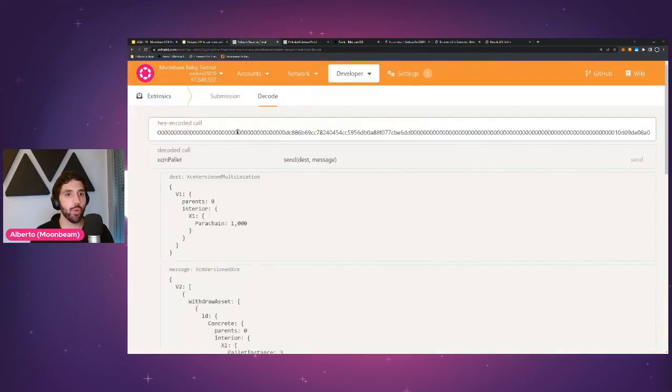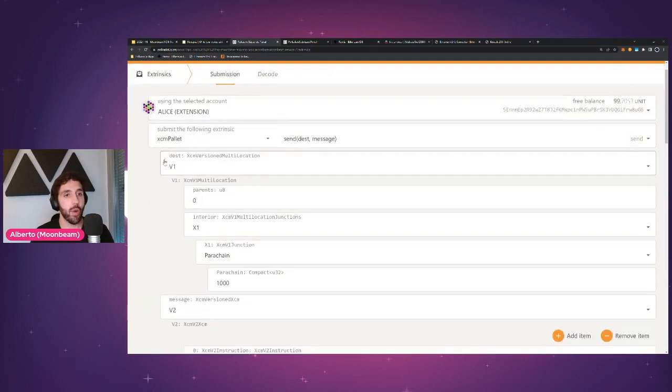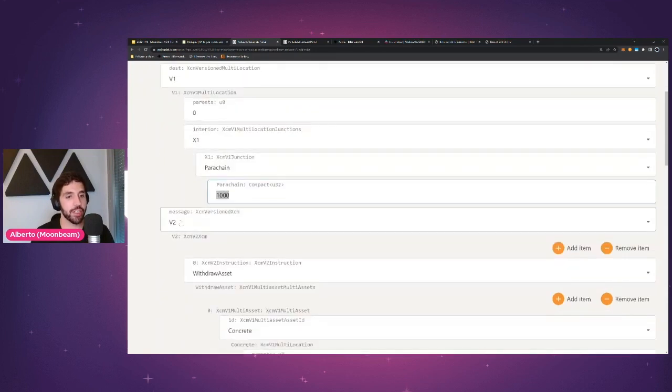And I'm going to show you quickly what this XCM message looks like, okay? Basically, we're going to use Alice from Polkadot, or the relay chain in this case. We're going to use the XCM pallet, and then we're going to build our XCM message. The destination will be parachain 1000, which is Moonbase Alpha. And then we're going to build our XCM message, in this case V2, version 2